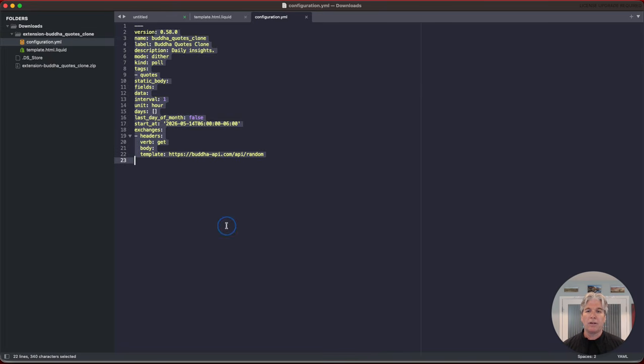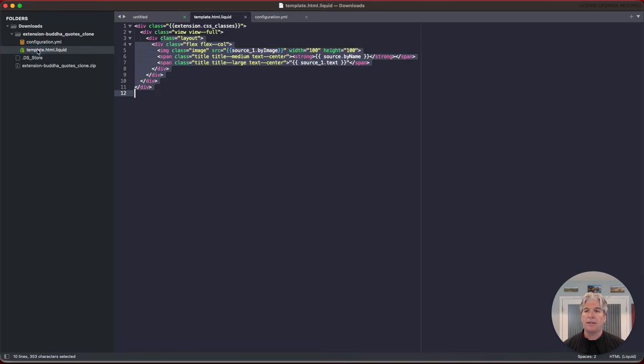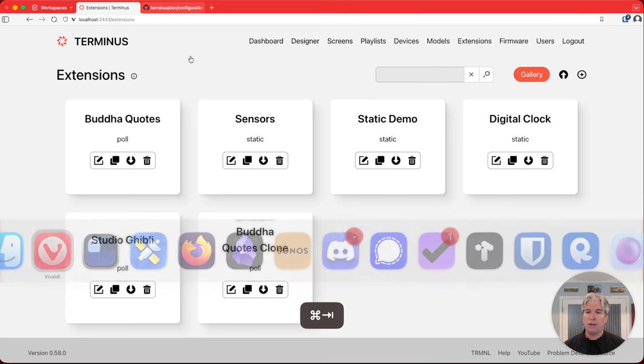And the configuration YAML is just basically the metadata about the extension. That's what's needed when you do the import so that it can re-render your extension properly. And then the liquid template associated with your extension, if there is one, will be placed here as well. And so with that information, you can actually tweak this, rezip it if you want to, however you want to do. But the nice thing is now that you know how that works,